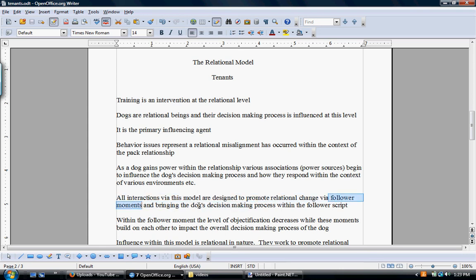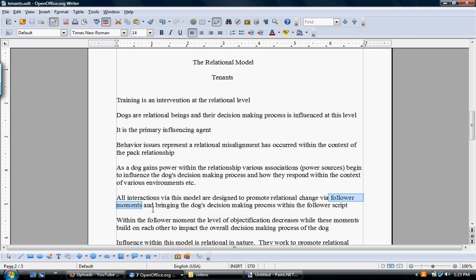Now, these follower moments represent influence, bringing influence over the dog, over the decision-making process. But even to qualify the type of influence, I define it differently than corrective influence. If you watch my videos, you'll see that what I'm basically doing is getting a three-dimensional image of the relationship, so to speak, and these follower moments bring the dog's decision-making process